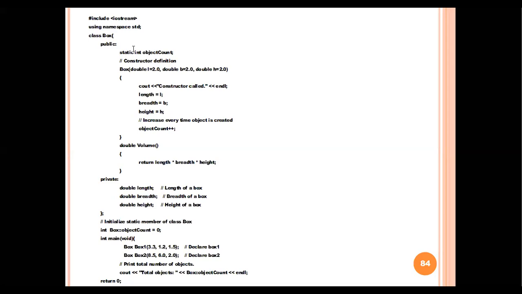Inside this class box, look at the bottom part. Inside that, we have considered three different private variables. The first one is length, the second is breadth, and the third is height. Is this visible to everyone? This code, I'm talking about this one. Inside the class box, we have considered three different local variables. So what are these called? Local variables.